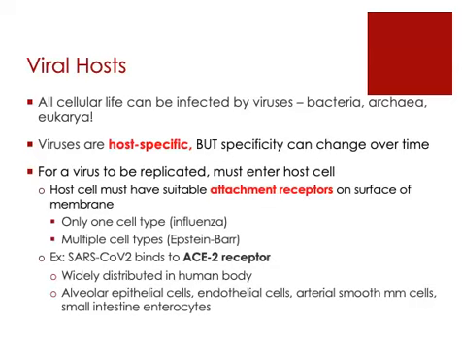Now, sometimes the viral particle will only match with one kind of receptor protein on one cell type. Influenza is a good example of that. The kinds of cell receptors that an influenza virus can bind to are only found on one kind of cell. And that one kind of cell is the epithelium that you find in the respiratory tract.